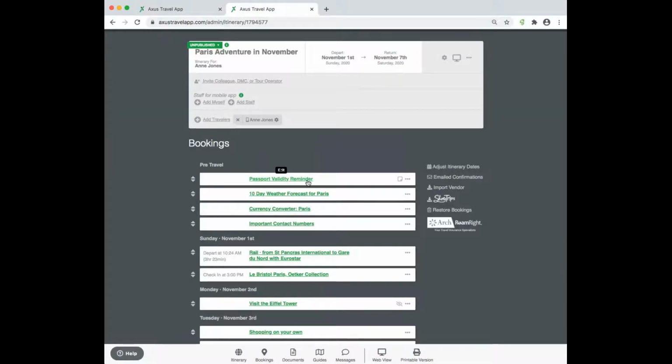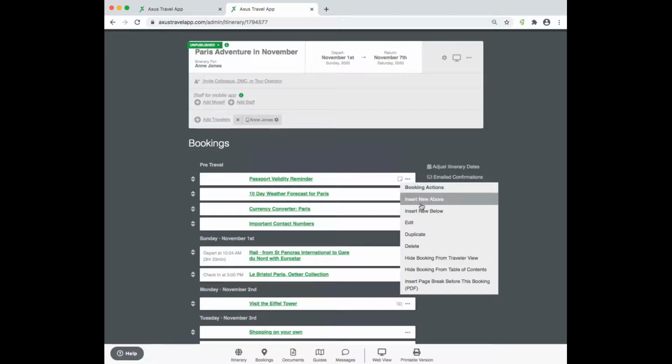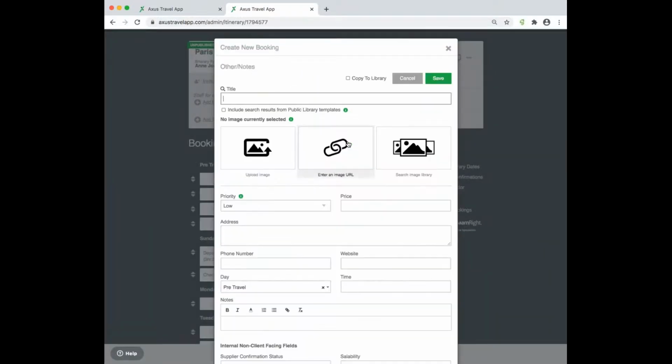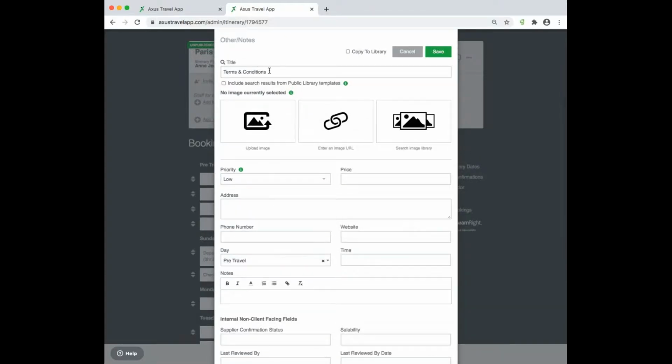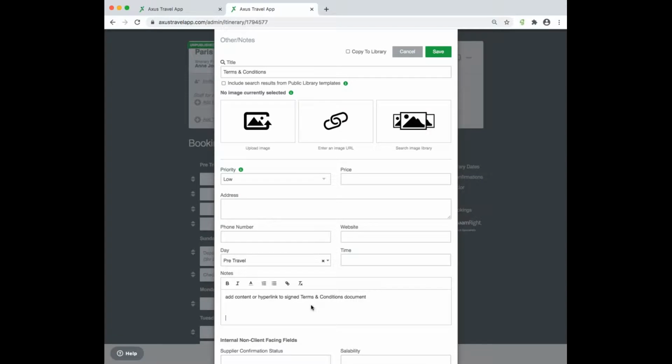We've already got our passport validity reminder here. So I'm going to just insert new above, go to other/notes, title it terms and conditions. Anything else more, if you want to get more specific, you absolutely could do that. And then in the note section below, I'm just going to add content or a hyperlink to a signed terms and conditions document. So let's say you have the link,